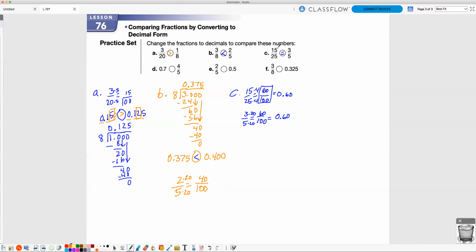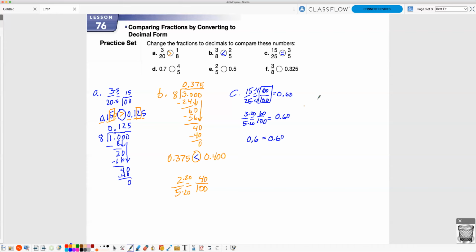If I was to recognize that both these are divisible by 5, 15 divided by 5 is 3, 25 divided by 5 is 5. All right, so excellent work there. That's 6/10 or 60 hundredths equals 6/10 or 60 hundredths. These would still be equal too if I wrote it like that. All right, letter D,